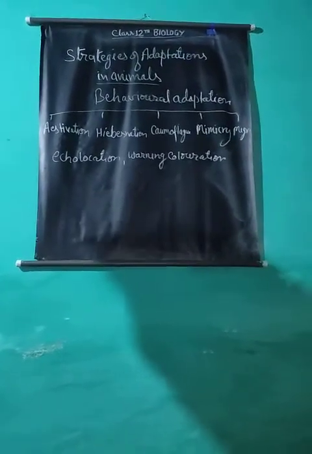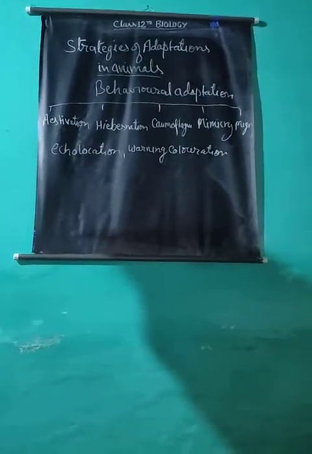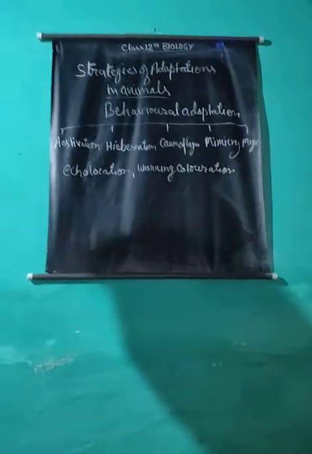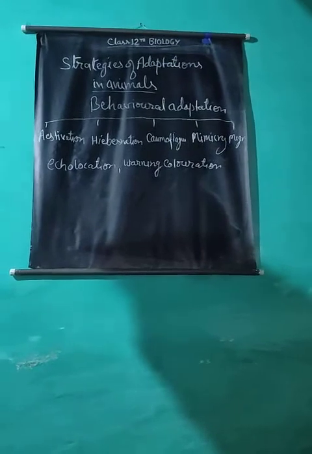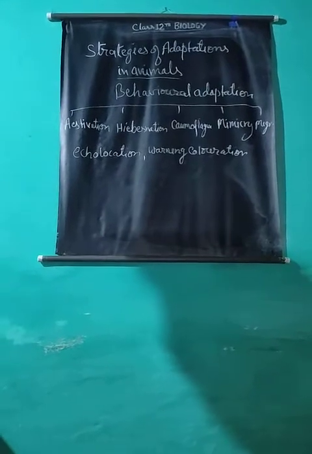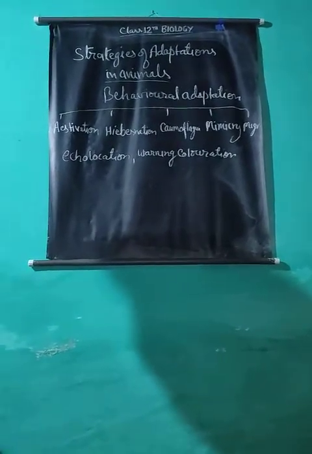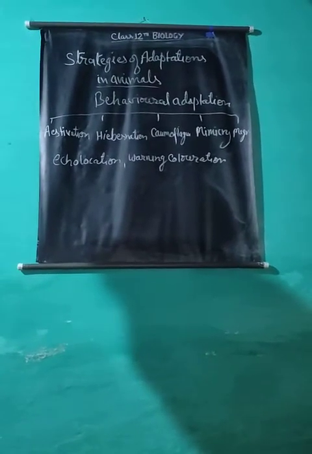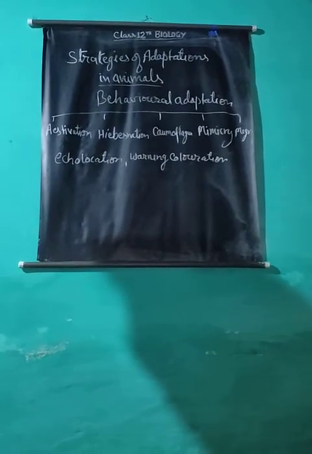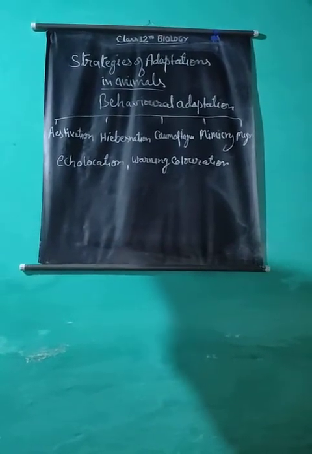Estivation means summer sleeping. The state of torpor or inactivity of an animal that takes place during a hot, dry period, as in summer, is called estivation. For example, among endothermic animals, the ground squirrel of southwest desert avoids the dry hot period of the day in an inactive or torpid state in burrows. Among ectothermic animals, the frog seeks a cool, shady and moist place in hot summer. Respiration, movement, feeding and other activities considerably slow down during the estivation period.